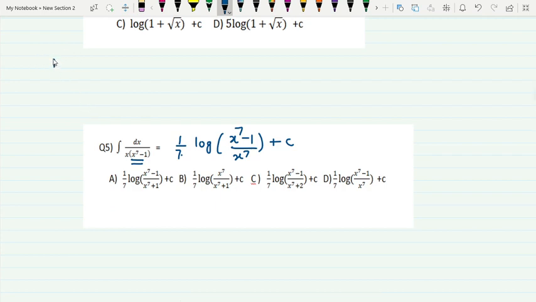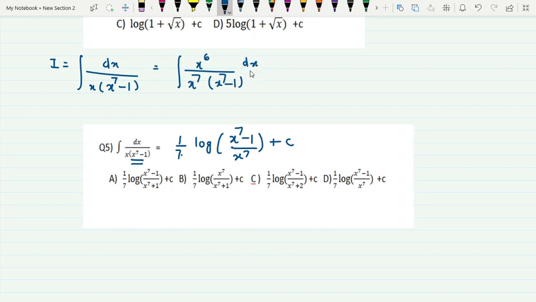See, our integral I is equal to what? dx upon x into x raised to power 7 minus 1, multiply by x raised to power 6 in numerator and denominator. These x and x raised to power 6 will give us x raised to power 7 minus 1, dx. Now put